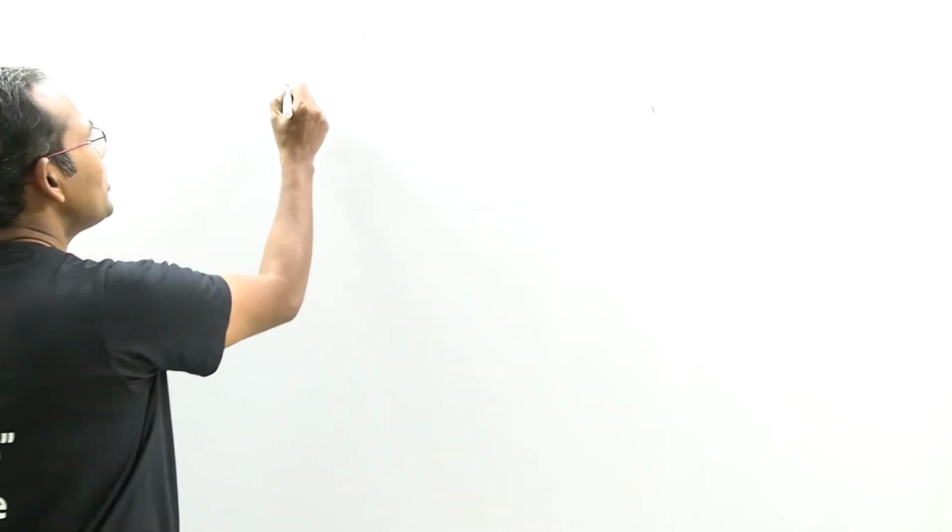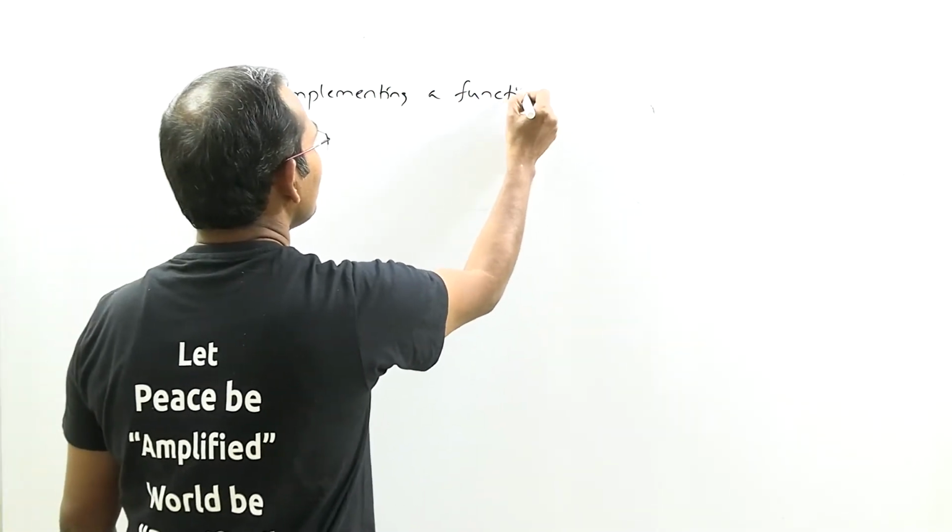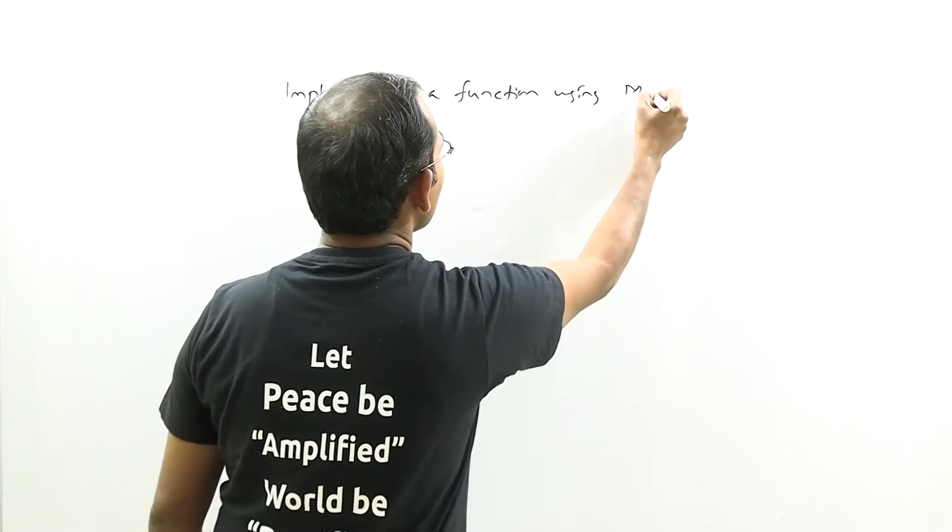Till now, we have seen the procedure to write the output expression of a multiplexer. Now, I will discuss the exact opposite of that. That means, suppose I have some function, I want to implement that by using a multiplexer. Function implementation by using a multiplexer.